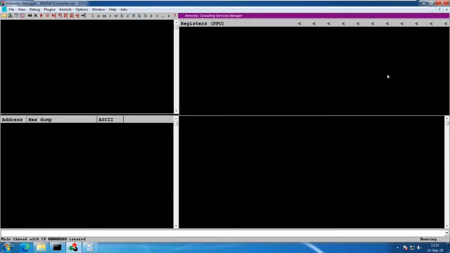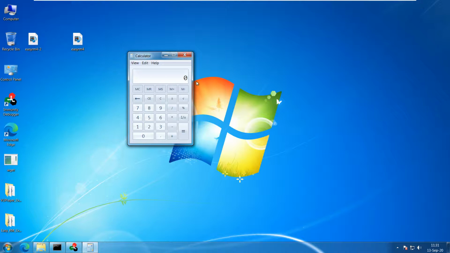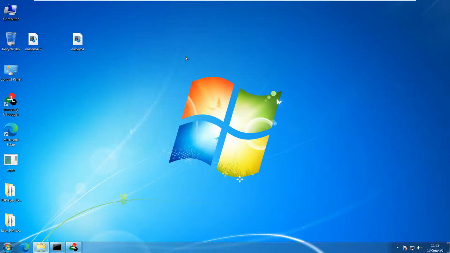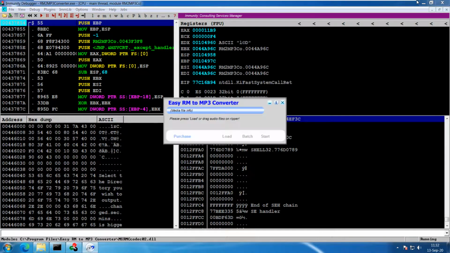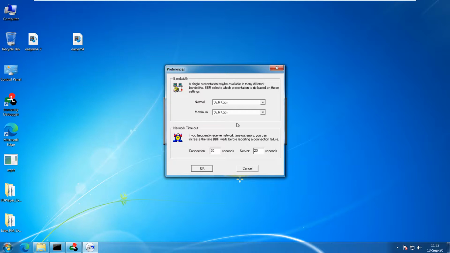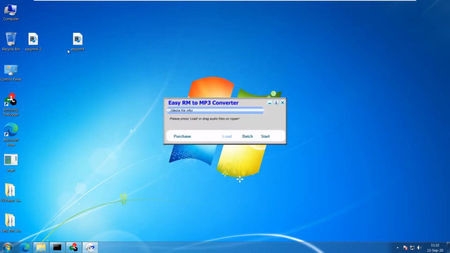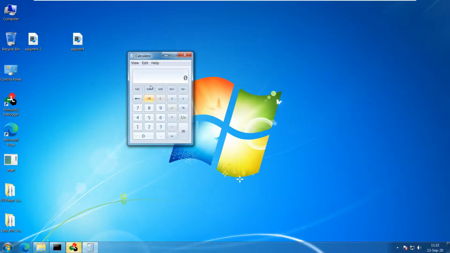Now I again restart the program inside Immunity. I close the calculator pop-up. I restart the application, and now I drag in the second file which contains our call ESP instruction, and same result obtained using call ESP instruction also.